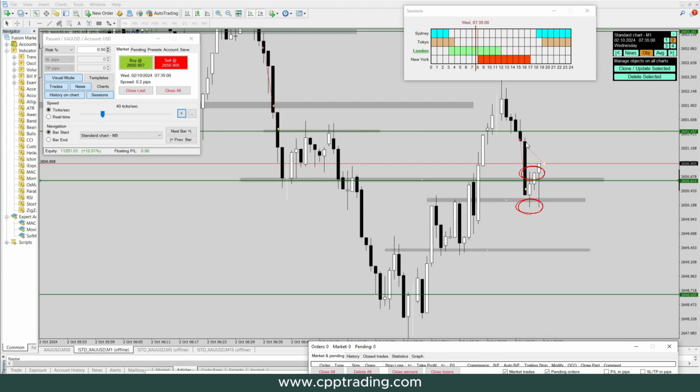Well, of course, we never have a 100% guarantee, but probably about 90% probability, even more, because we've seen this setup, like it is a rejection right at the support, which was a previous resistance. It's now turning into support. So the bulls do have enough momentum here to push up, even if it's just moving up to 2651.4 and reject and then come back down. But that would mean we will get stopped out at break even. So instead of waiting to get stopped out at break even, we now just close the remaining position with a very